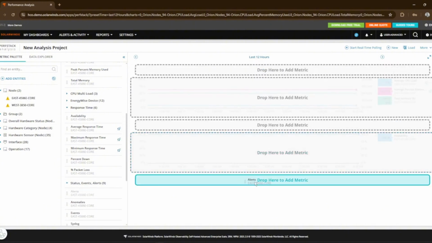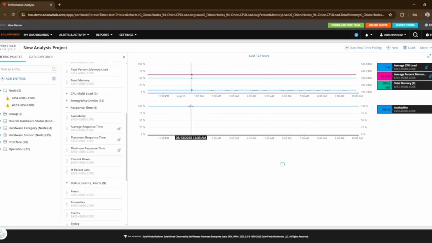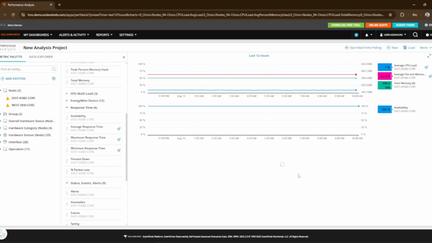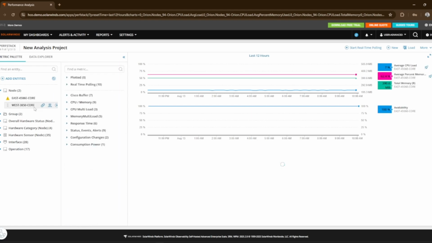Let's pull over any alerts into here as well. Again, remember this is demo data, so it's not often the best to look at in terms of something really obvious happened, but it gives us an idea of what we can do. Now, I've realized I've moved alerts over. This one often takes quite a while to load. So in your environment, I wouldn't expect to see this loading icon for very long. So one thing to mention whilst that thinks about it is when I clicked over here onto my devices, my entities,